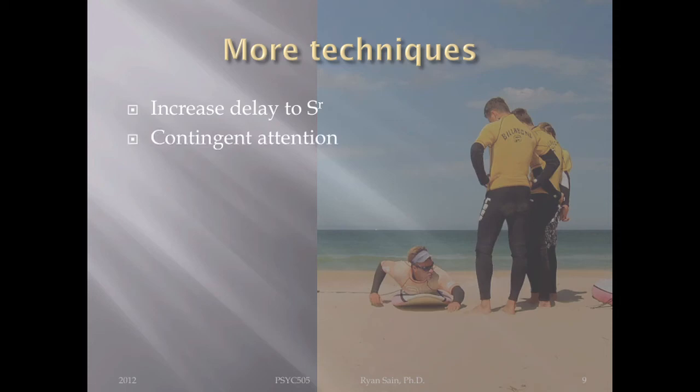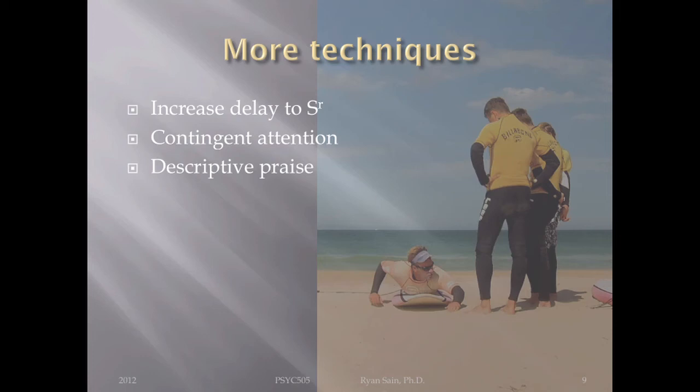Contingent attention, providing access to attention, is exactly like it sounds: reinforce the people with attention, essentially. Give them attention for engaging in the right behavior. Okay. Descriptive praise, if you're going to praise people, don't just say, hey, good job, say, good job for doing X. Especially with kids that are a little bit older that have some reasoning skills, then that'll make a lot of sense to them, and it really helps them. You're telling them exactly why you're reinforcing them, and what it was specifically that they did.